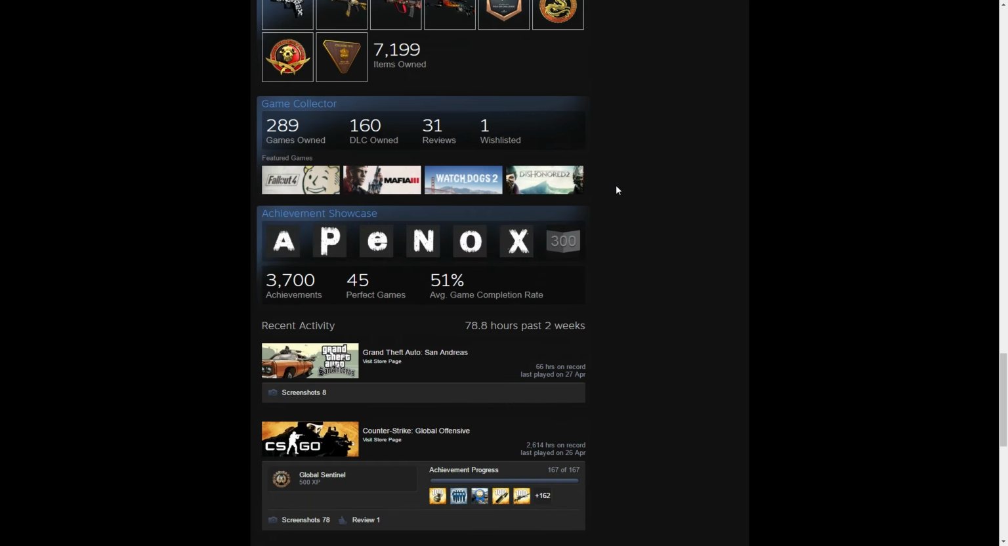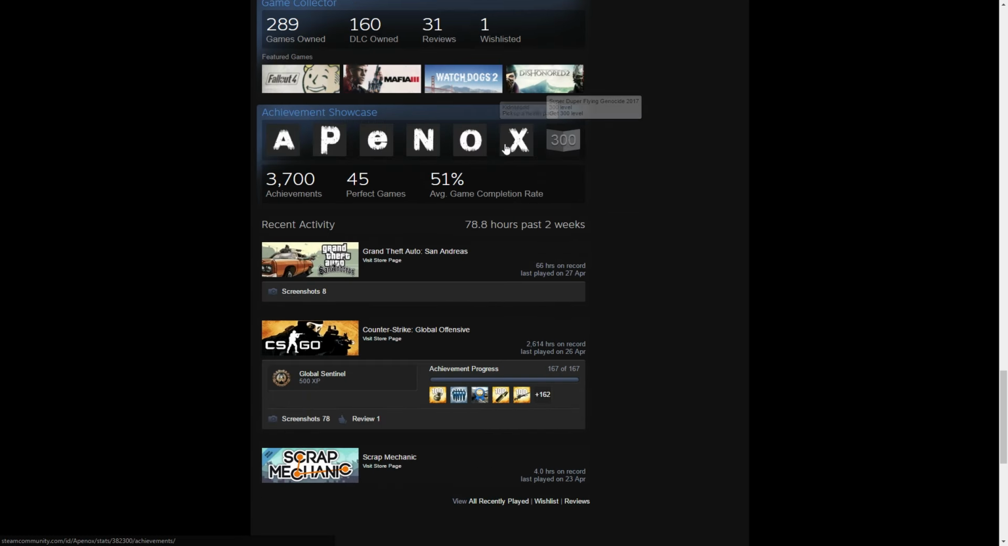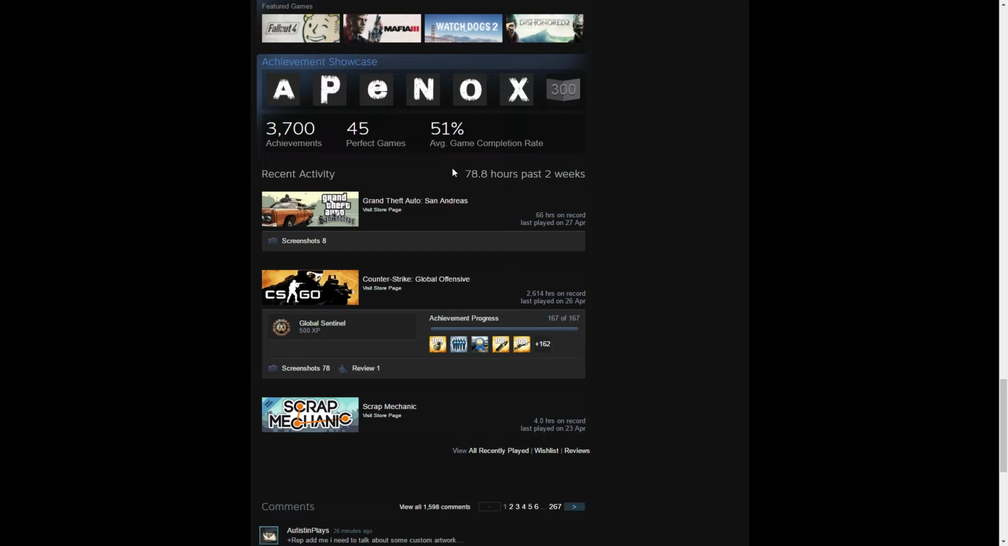And finally, we have his achievement showcase, which spells out his name yet again, and these achievements are from the game Kidnapped, and on the right side it shows his level 300. So he has 3,700 achievements, 45 perfect games, and 51% average game completion rate, which is quite high for most people. So great profile. The only thing I could recommend changing is maybe changing the theme of some of these